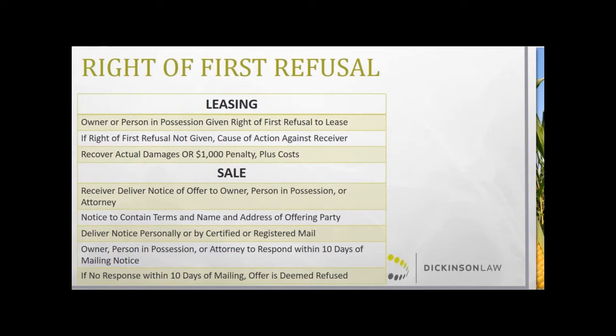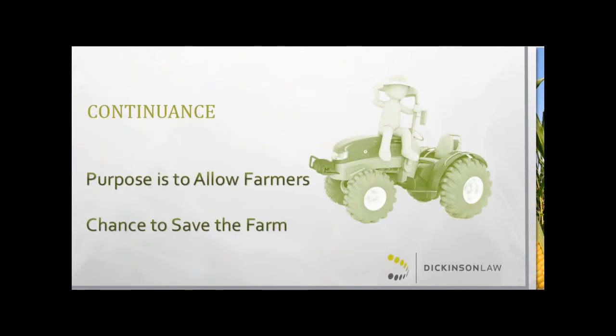That has to be done personally, with return receipt, or by certified or registered mail, and an offer shall be deemed to have been refused if the owner does not respond within 10 days after the offer is made. Another significant pre-foreclosure protection: the borrower is allowed to seek a continuance. The purpose of this section of the code was to allow the mortgagor the chance to refinance or to pay up the indebtedness